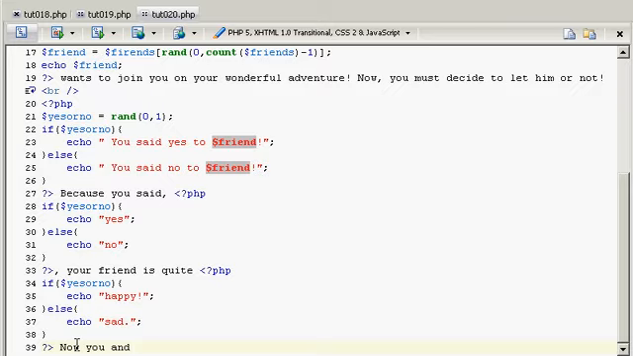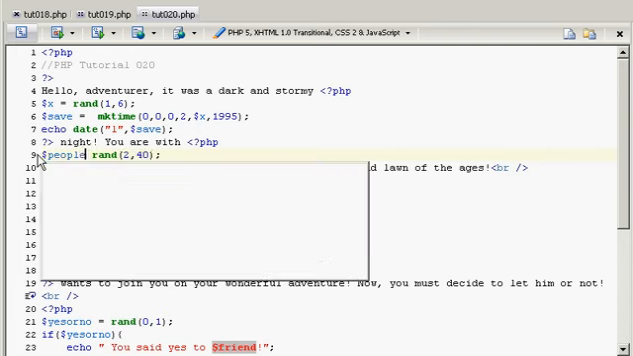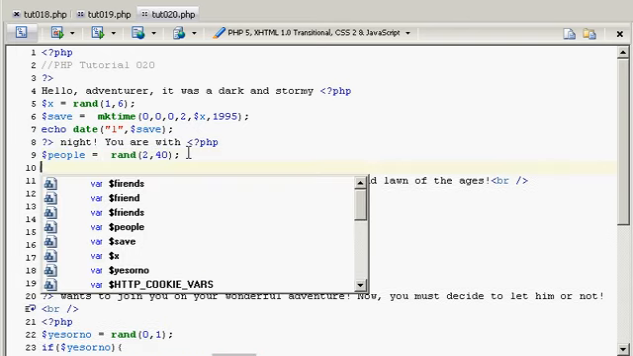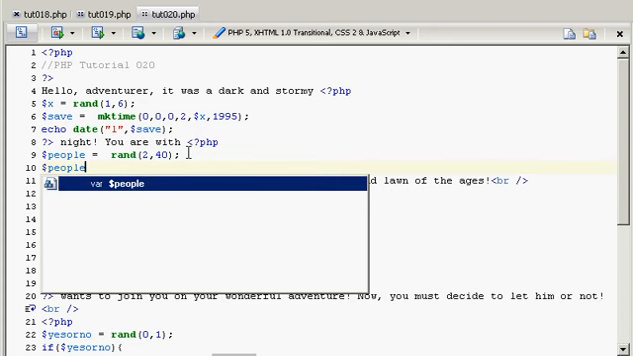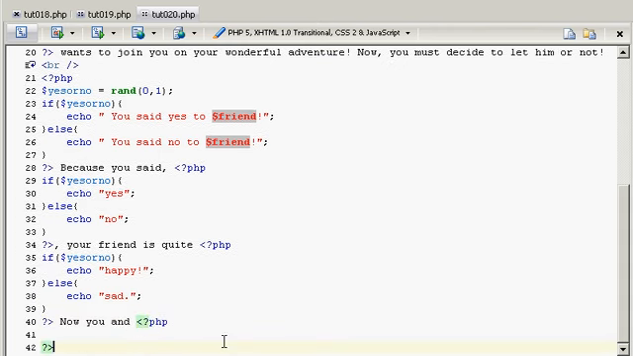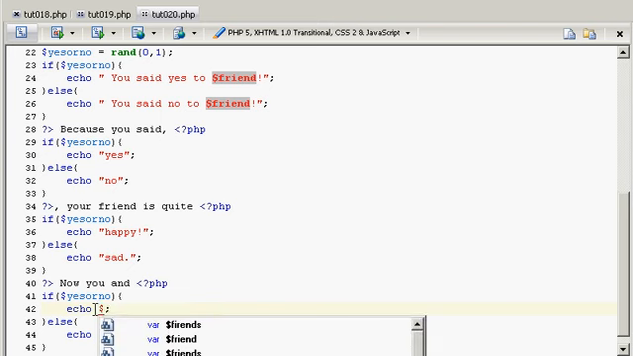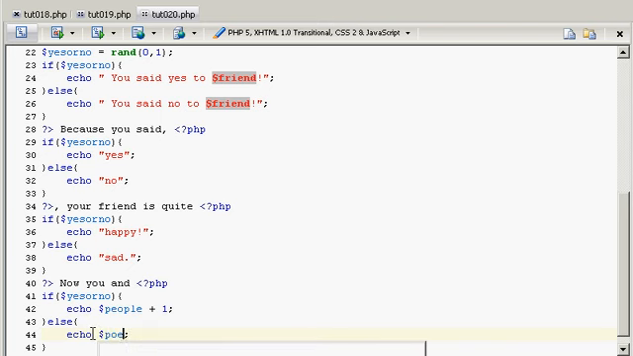Now, you and also I should save this number here with how many people are with me. I'm going to say people, and I'm going to echo it, and I'm going to go back to the bottom. You and PHP. I'm going to echo. Actually, first I'm going to go back here and say this. I'm going to say echo $people plus 1, because you also got your friend, and $people, just people otherwise. Now,